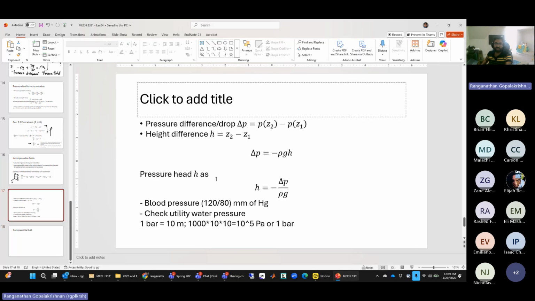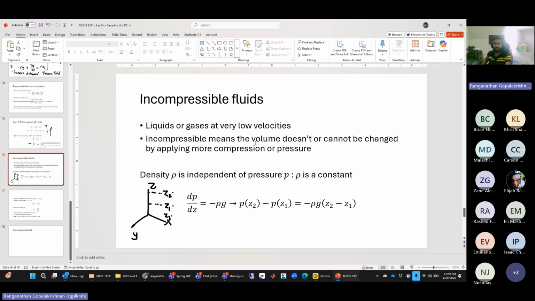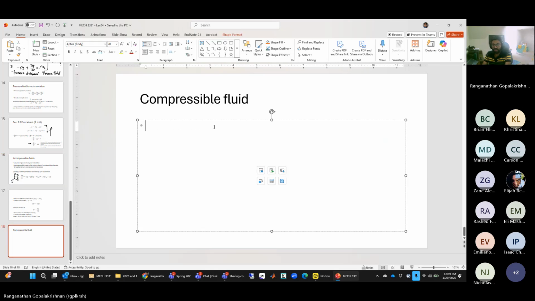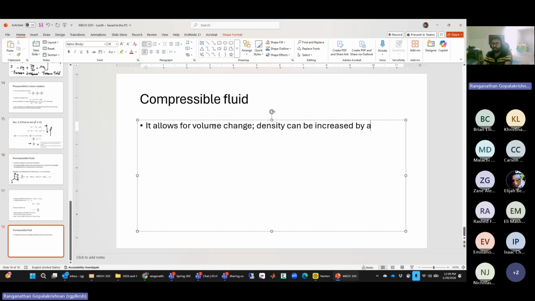So here pressure does not depend on, or pressure is decoupled from, density. What is a compressible fluid? It allows for volume change, meaning its density can be changed or increased by applying larger compression. And for a gas, especially, we use the ideal gas model or ideal gas law